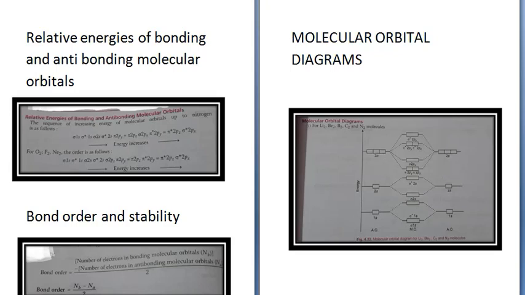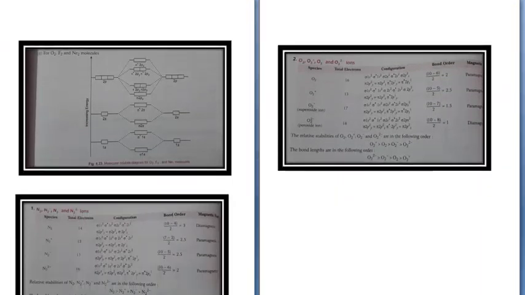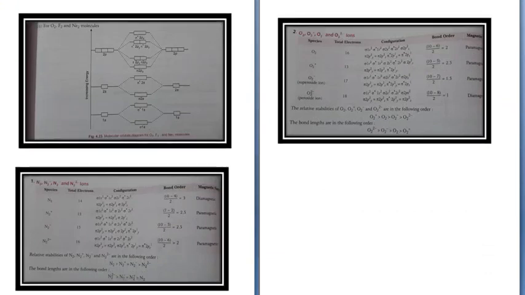Next, for O2, F2, Ne2, etc., let's see how the orbitals are drawn. Again the same way, one atomic orbital on this side, the other atomic orbital on this side, and in between you will have the molecular orbitals. So first 1s, here 1s, here also 1s. In this case the lower one will be sigma 1s, here it will be sigma asterisk 1s. That means bonding here and this is anti-bonding.